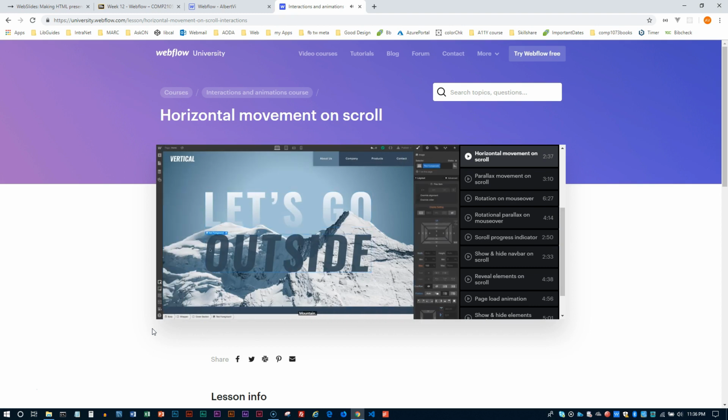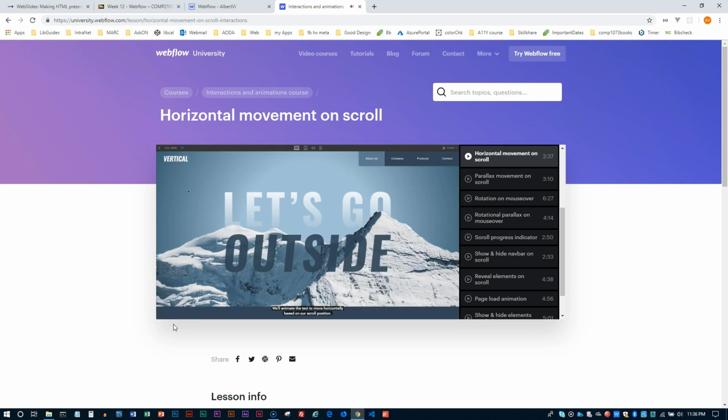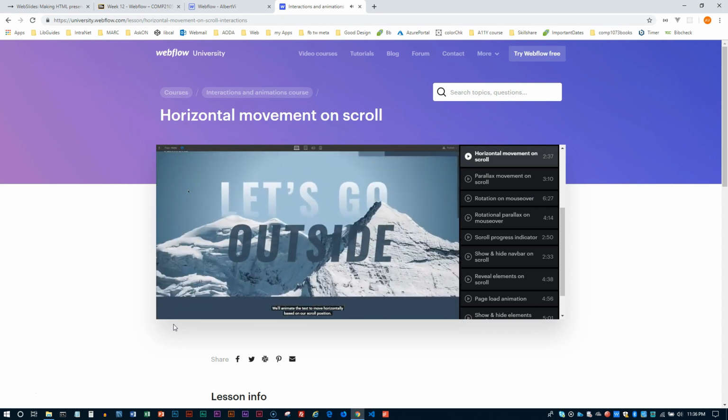Text, mountain, text. Da Vinci called these the three components of any great design. We'll animate the text to move horizontally based on our scroll position. Now,